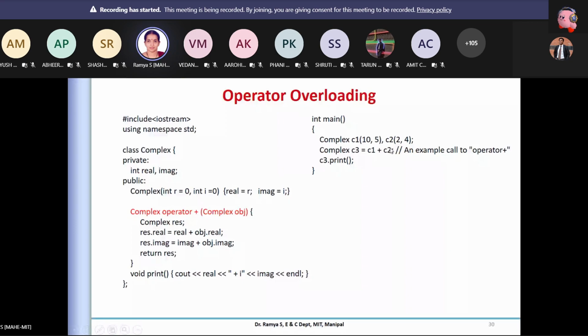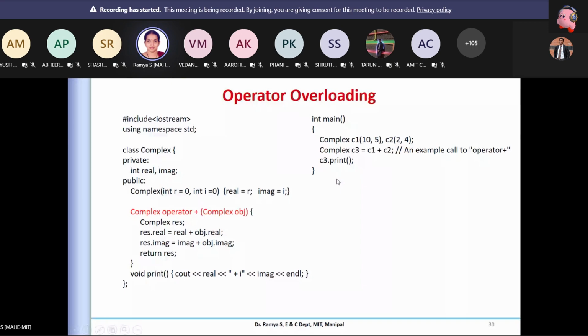Once I return this, it is a complex data. At this point, you can see a copy constructor is being called here. I have not defined any copy constructor here, so a default copy constructor is called. Can you recollect the copy constructor concept?